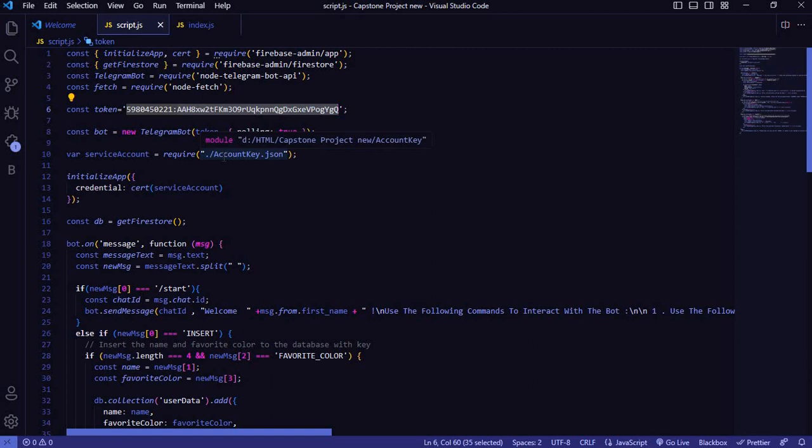This is the file. Account key.json is the file which is the key for the database, and we initialize this database and store it in the db variable, which we use in the later part. Now we call the function called on, which is called by the bot and takes two parameters, message and a function, and the function takes a single parameter